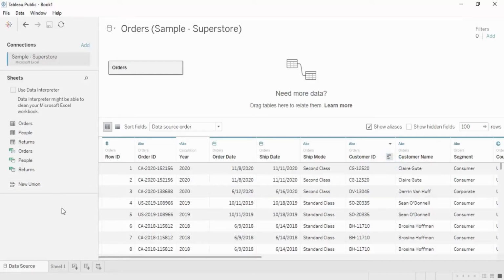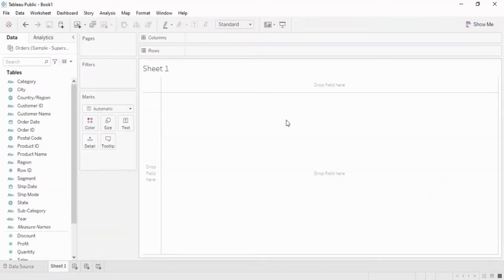Okay, that's all for this data source. Let's move to the second option, the sheet option. This is just like Microsoft Excel, where we can create worksheets. Similarly, we can create sheets in Tableau, and this is the place where we would be working mostly, because if you want to create any of the visualizations, this is what you need to use. Let's not focus on the other three things, because they are not needed at the moment. Let's just focus on this sheet column.